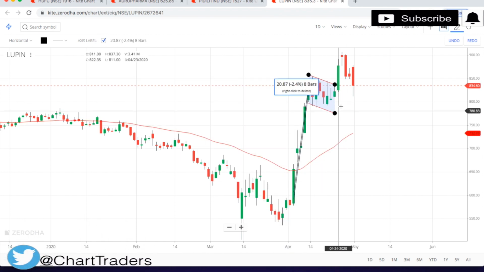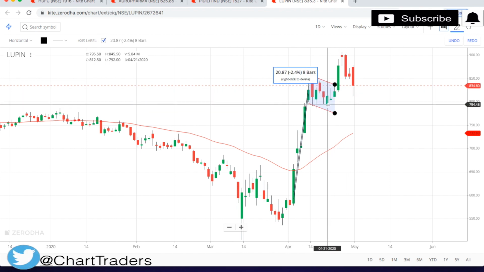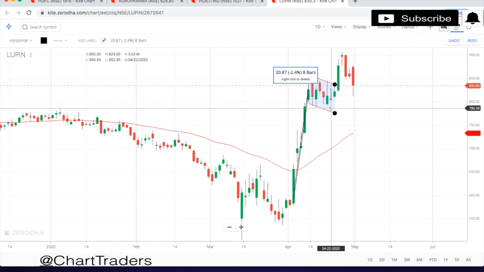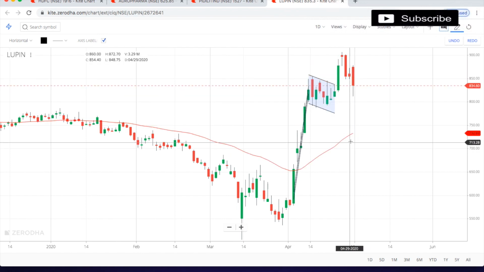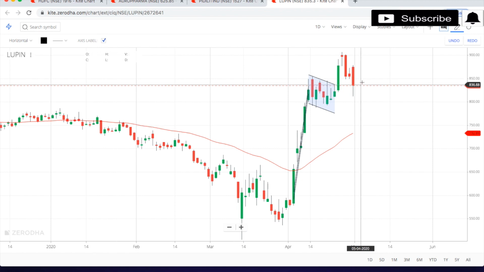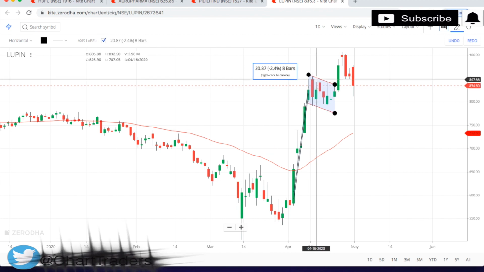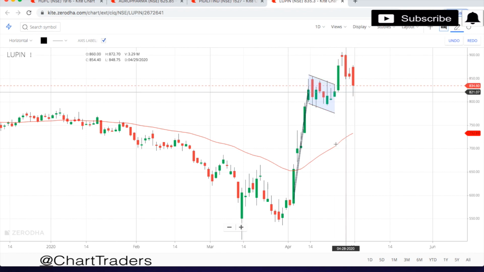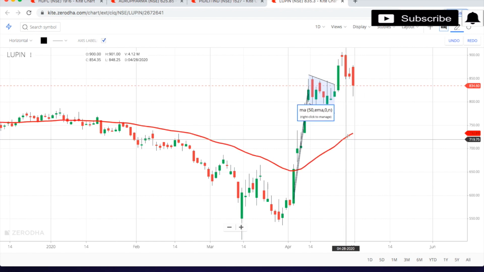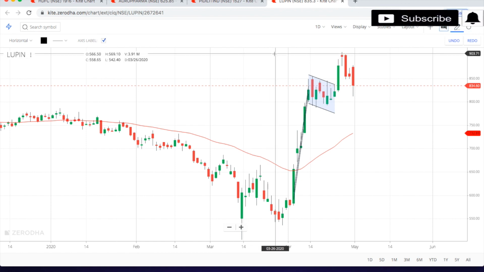One stop loss is your close below your swing low. Here the swing low is this point, so I can keep around 780. My target will be according to the 50-day, 30-day or 20-day moving average. I will use it because it is a strong move followed by a pullback, again a breakout. Then it might be possible the trend will continue. So in order to capture the trend, I can use dynamic resistance, or I can use a previous support or resistance level, which will act as my target.